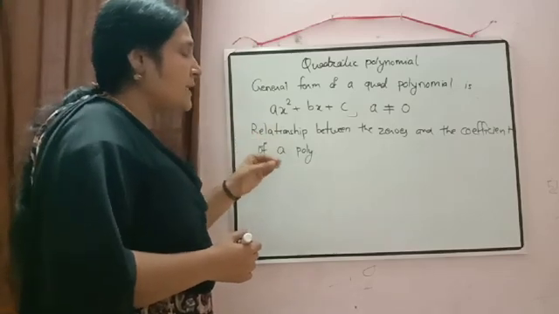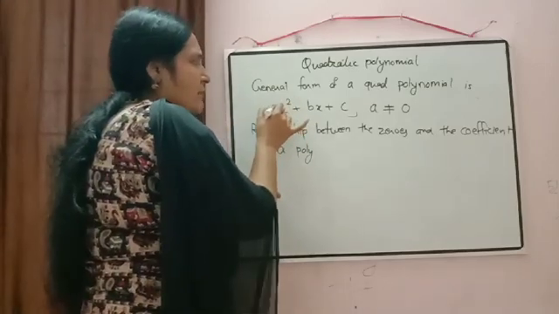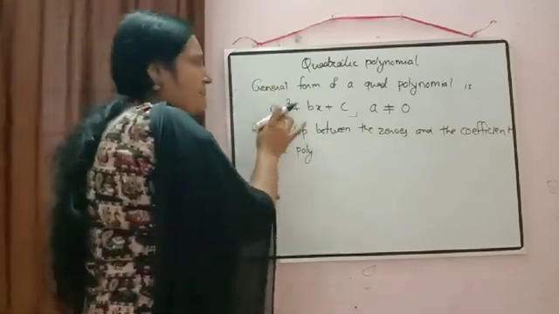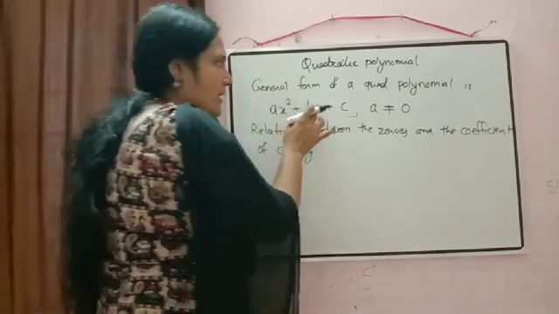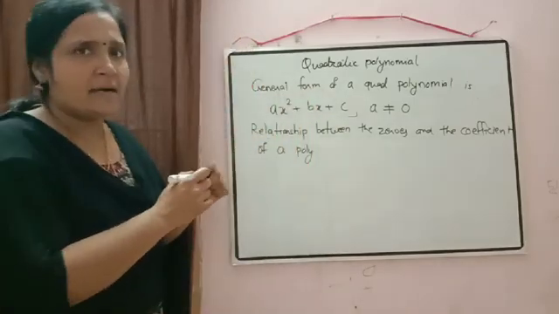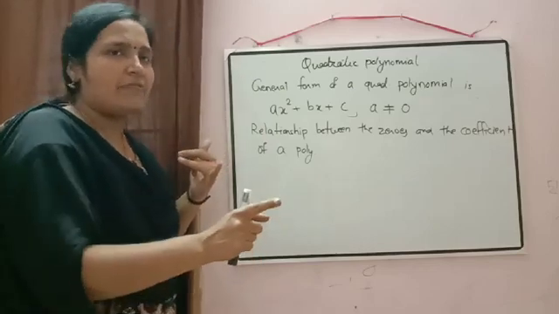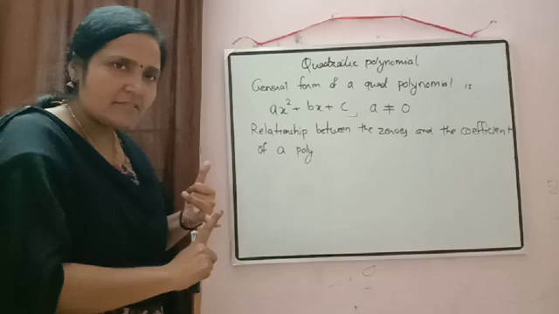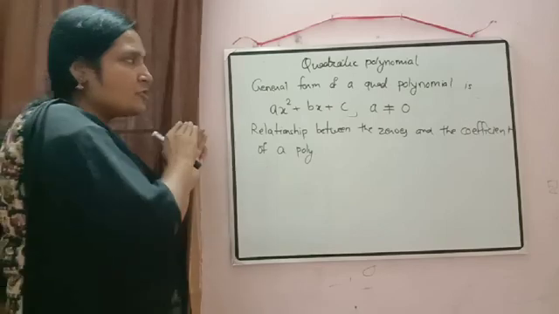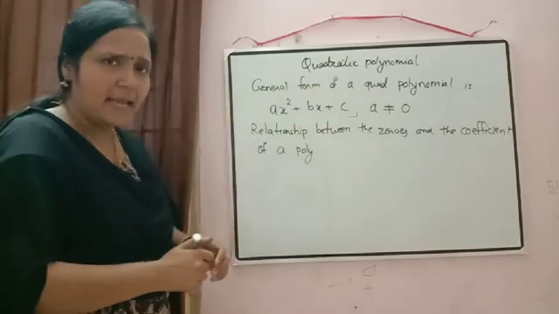Coefficient of a polynomial means the number which we are using here. Just check here, x square. Here we wrote a. a is the coefficient of x square. a is the number which is multiplied by x square. Similarly, b is the number multiplied by x and c is the constant term. Here we cannot change the order. Always take the coefficient of x square as a, the coefficient of x as b, and the constant term as c. And it should always be written in proper order: highest power of x first and then you decrease the power.